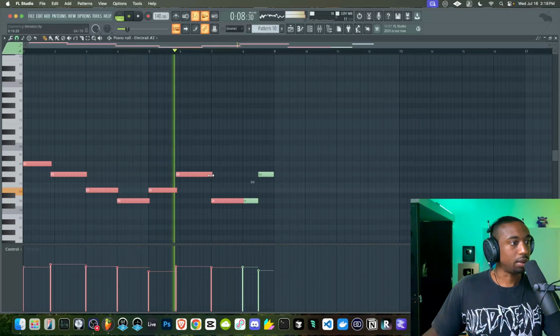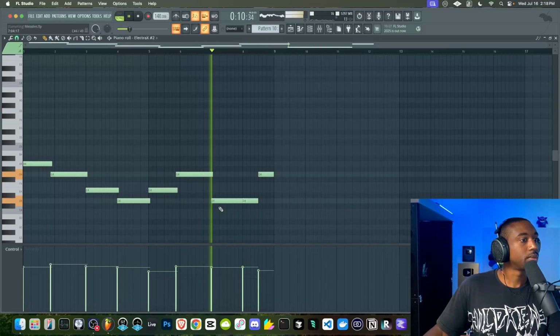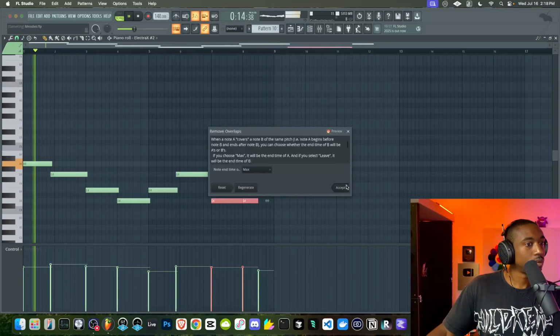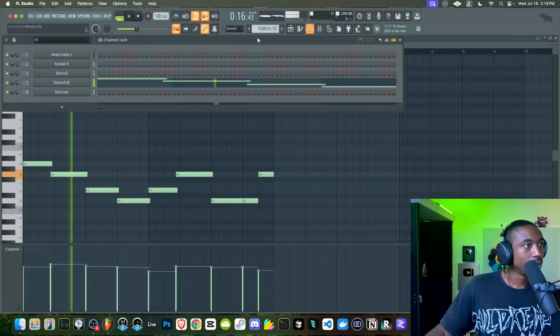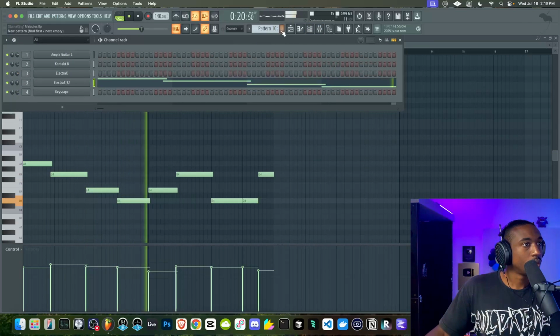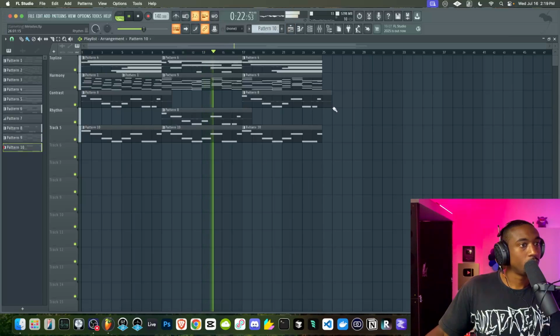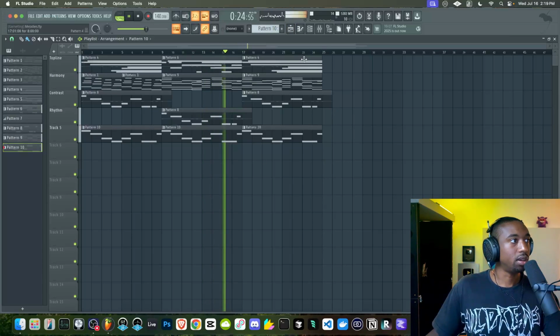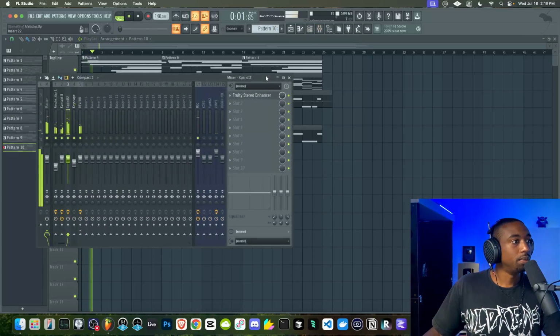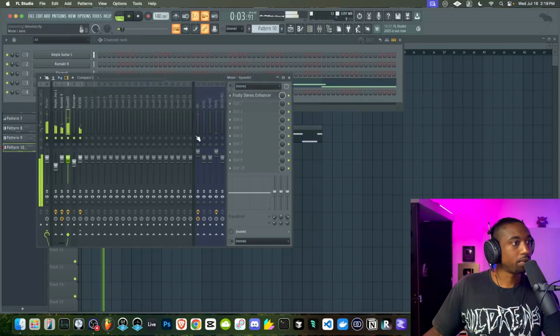Let's make these notes overlap just a little bit. Okay, so now the composition is becoming more cohesive. Just level these sounds.